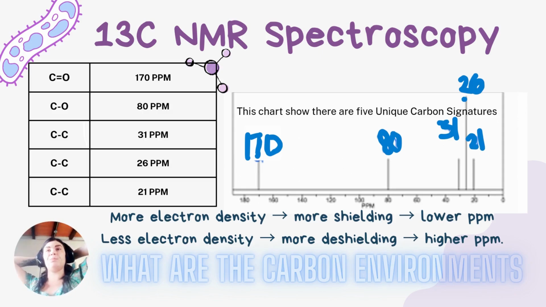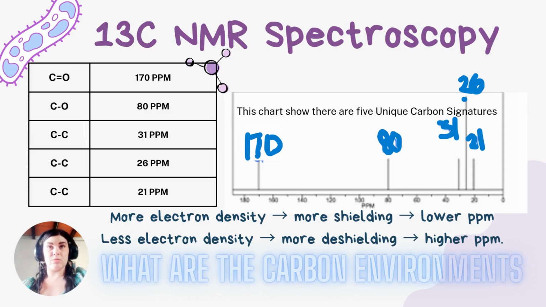So that's why you have the carbonyl carbon at 170 ppm here. One thing that we can see as well is that there are 5 unique carbon signatures. And so if you recall, there are 7 total carbons, and that means that some of these signatures repeat themselves in the molecule. We're going to be putting together this information with the other 2 results in order to determine